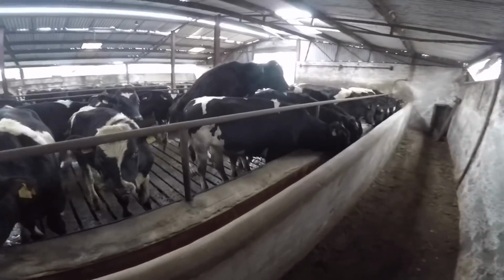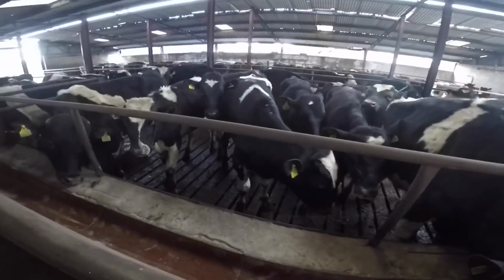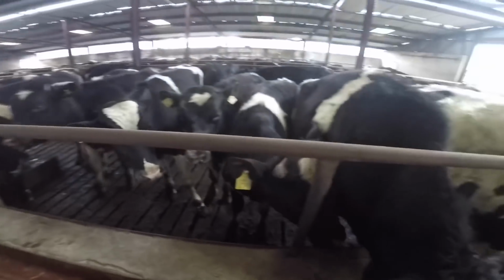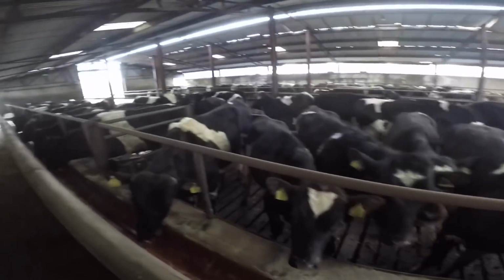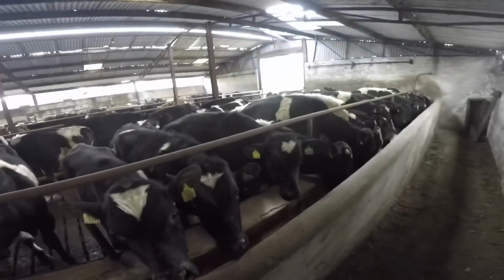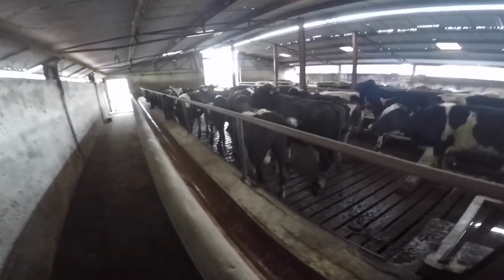They've started to eat a lot more silage, especially over the last month or 6 weeks. Their intake of silage has gone through the roof, to the point where we're going to be close to running out of silage. We've never run out of silage before, and it's coming near that point, where a neighbour of ours has